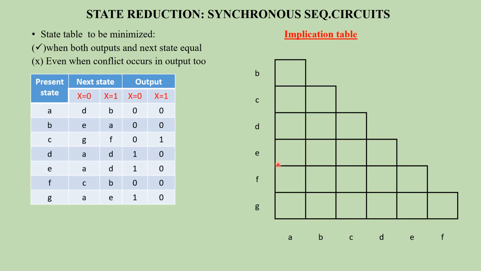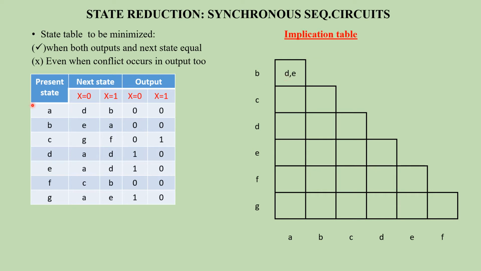Then the second one, we need to draw tables like this, rows and columns like this, right? This is actually giving us a path to compare A with B, C, D, E and F, and so on. A is compared with B, C, D, E and F, followed by the next one. B is going to be compared with C, D, E, F and G. So this goes like this, right? So now the first thing is A has to be compared with B.